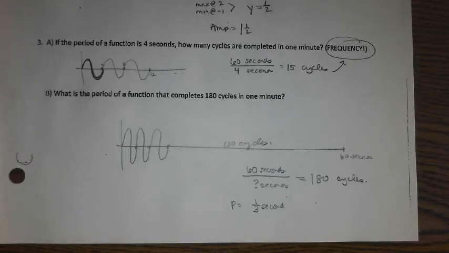Okie doke. So it can be tricky like that because your cycles can be a fraction of a second. And you have to have a decent number sense to wrap your head around that. So we'll stop there. Your homework is